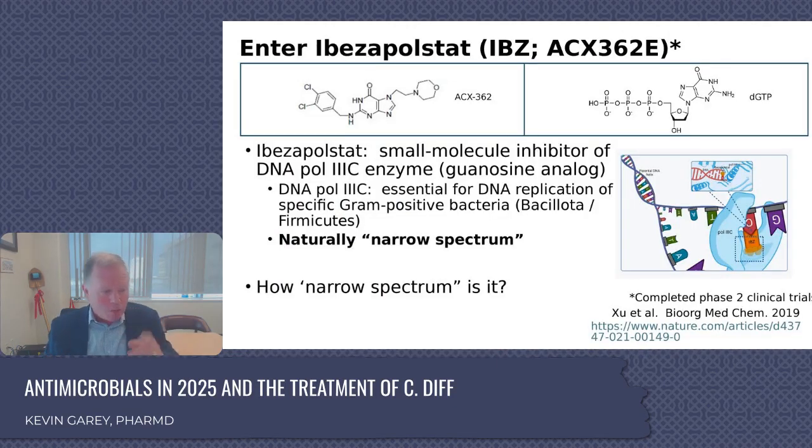Okay, so this is actually the drug that Acurx is developing, and to move this story along a little bit, I have to introduce it, ibezapolstat. Hard to say unless you've said it a few times, so we often abbreviate to IBZ. It's a unique molecular class. It's a Pol-3C inhibitor. And the Pol-3C is only present in certain bacterial taxa, C. diff being one of them, staph, strep, anthrax, others, but not in all the components of the microbiome. So it's naturally a narrow spectrum antimicrobial, much like fidaxomicin, as we're using the same word. But can we use these concepts to ask the question, how narrow spectrum is it?